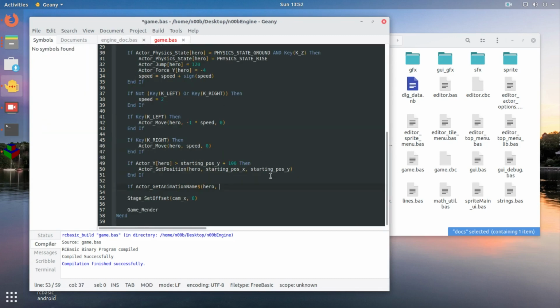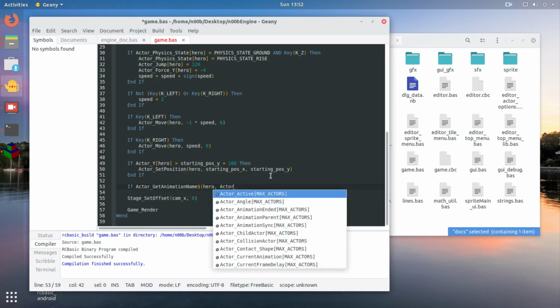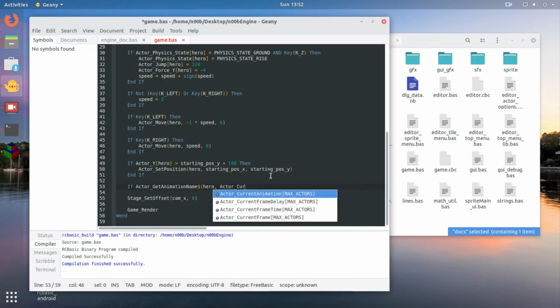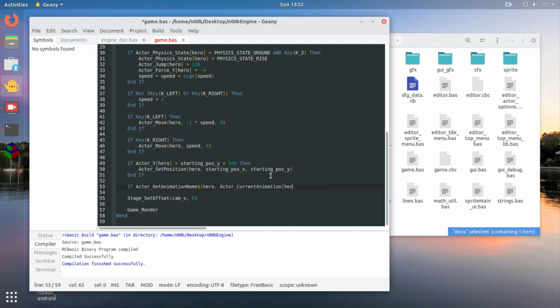So hero, and we're going actor current animation hero, and this is going to return the name of the animation currently playing, and we're going to check to see if it's equal to our current animation variable. And actually we want to check to see if it's not equal to our current animation variable,